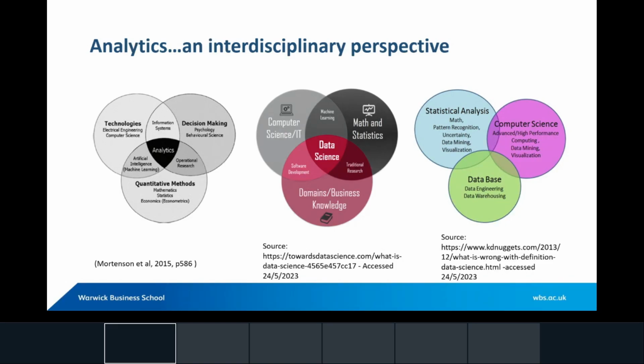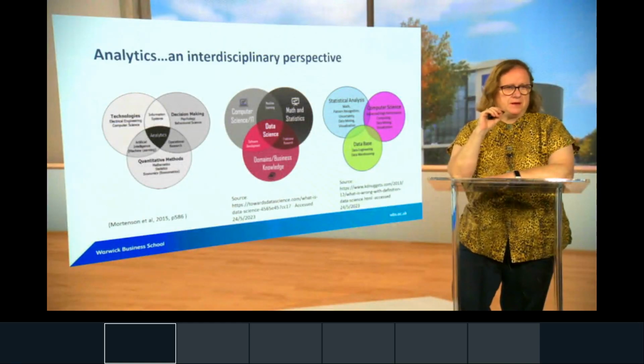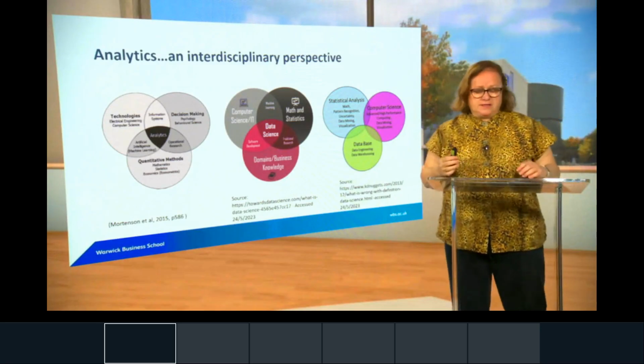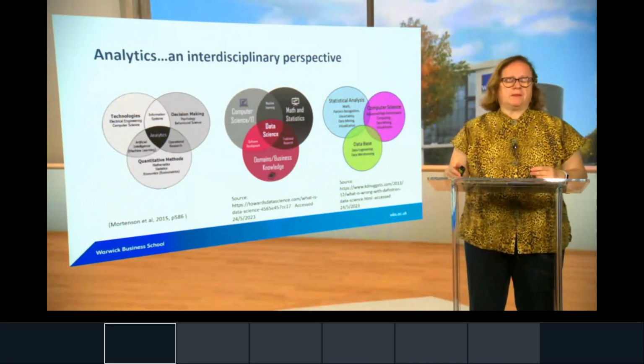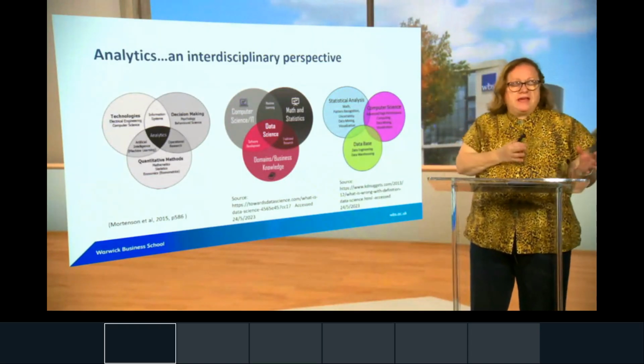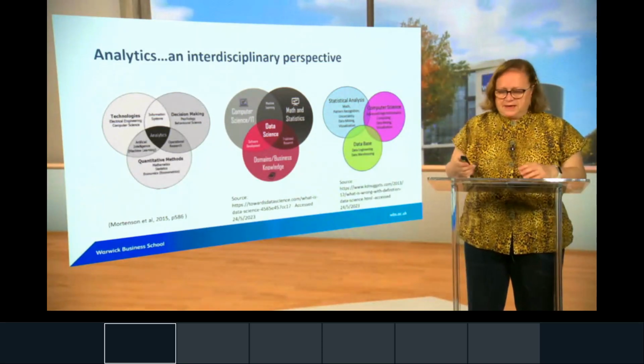So what's the point of me telling you all of this? Well, it's to say really, I guess, that analytics is a bit of a contested space in terms of what is analytics. Not everyone agrees on exactly the same definition. The thing that they do agree on is that analytics is an interdisciplinary field. That means it draws on different fields. Okay? So far we've had two perspectives. We've had the interdisciplinary perspective view of analytics.